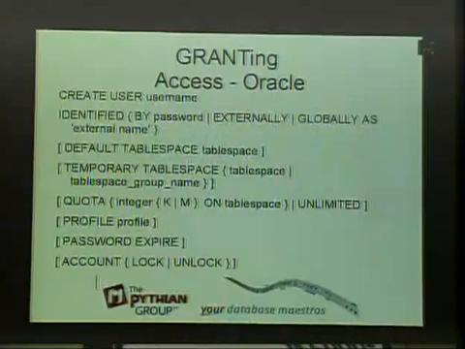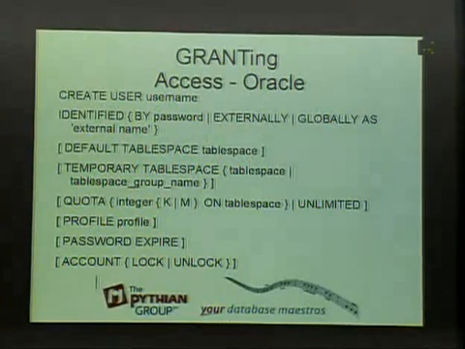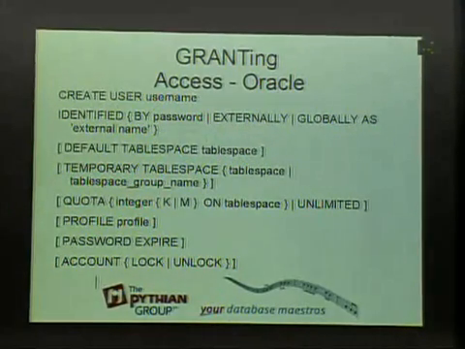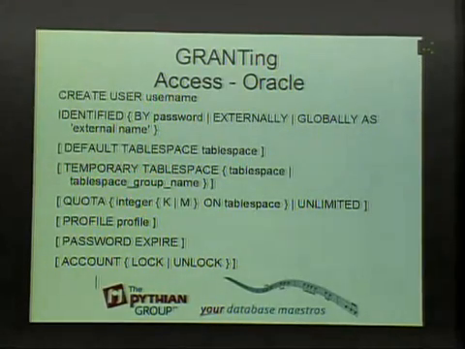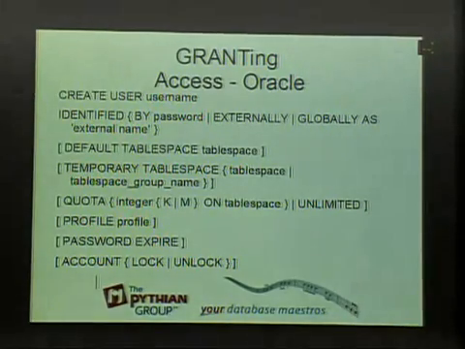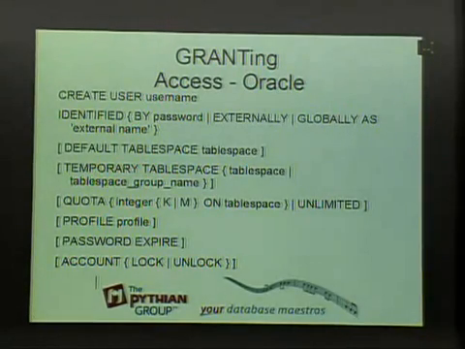Okay, so here's some code. I'm not necessarily going to go through and explain it all, but it's probably pretty obvious what it is. There are default table spaces. If your default table space is the system table space, then you can do some damage. You could stuff it full of data so that there's no room left. It's like stuffing your var partition full: nothing will work. Temporary table space, same thing. If the web app has a temporary table space, and I fill it up, the web app can't do anything because it can't make a temporary table when it tries to do a huge join. Great, I've just denial-of-serviced the database, whether on purpose or not.